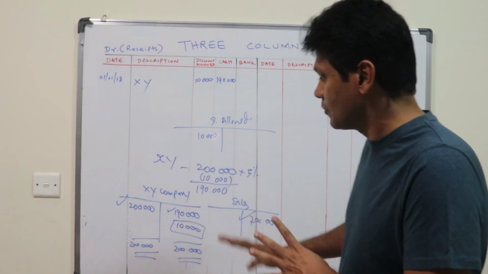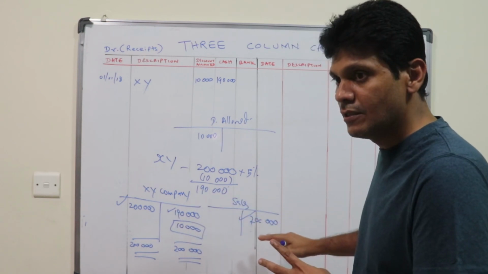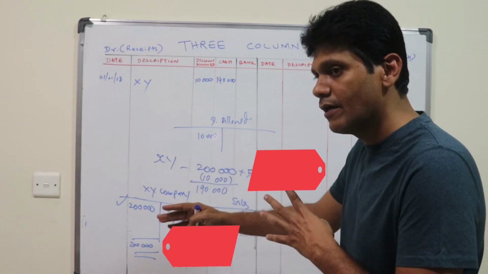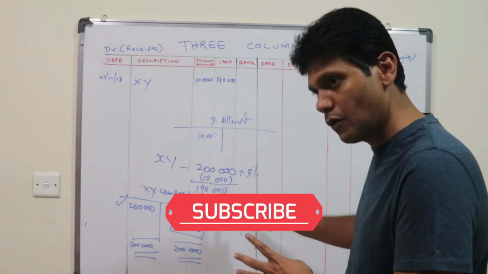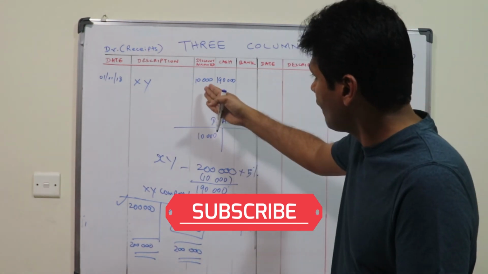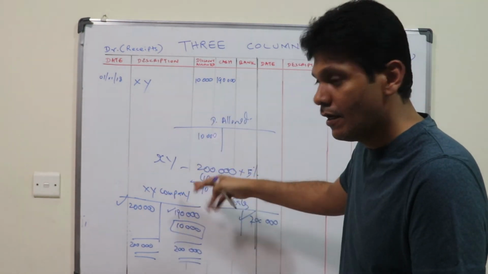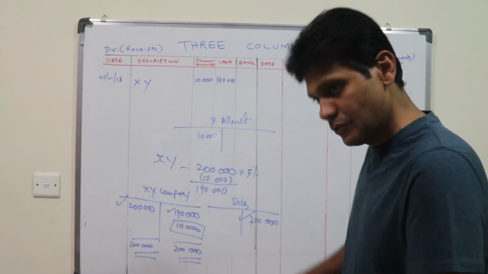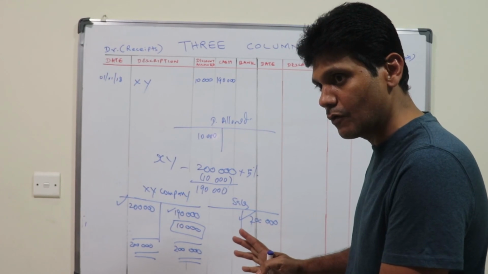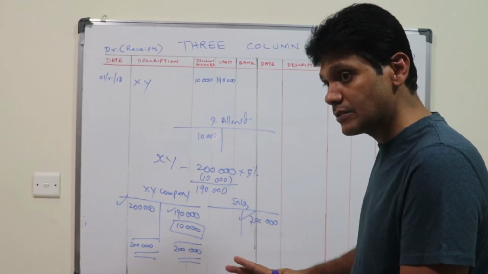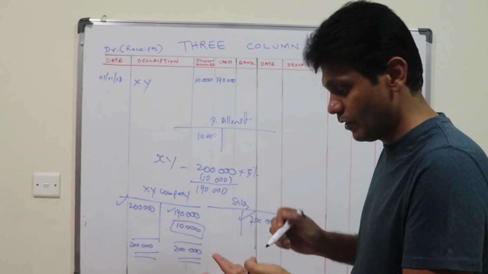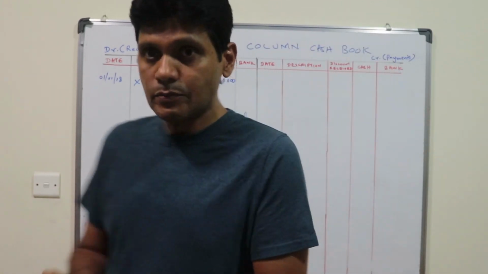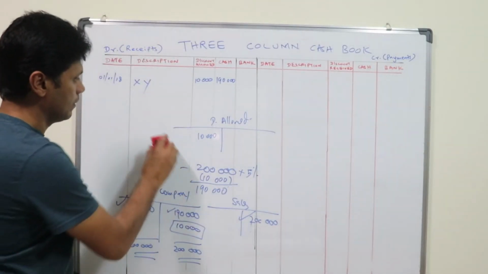There will be so many customers, and you may offer discounts to almost all the customers. Then you will have a discount allowed column. Take the total and debit that account. This is an example I am talking about. When you do a complete sum, you will understand. So let's move on to the question now.